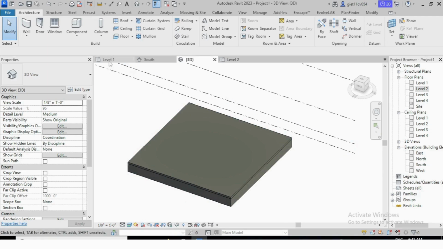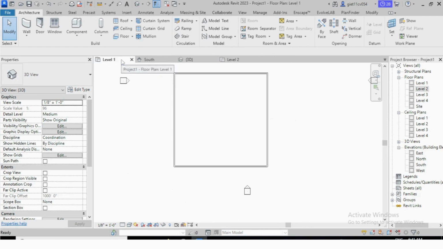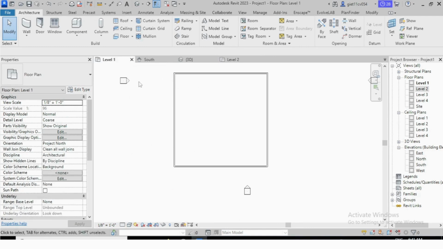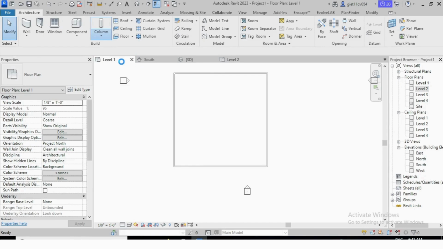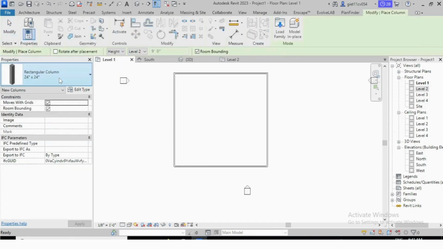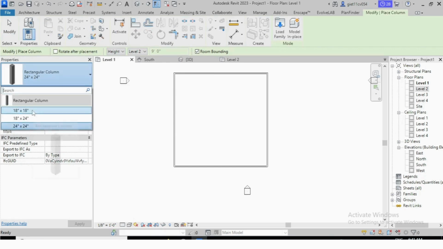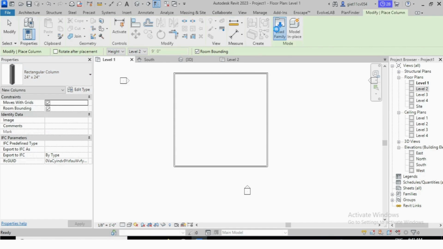For that go to level 1 and select the column, architectural column. So we have to place the circular column. Here you will see there is no circular column, so for that we have to load family.